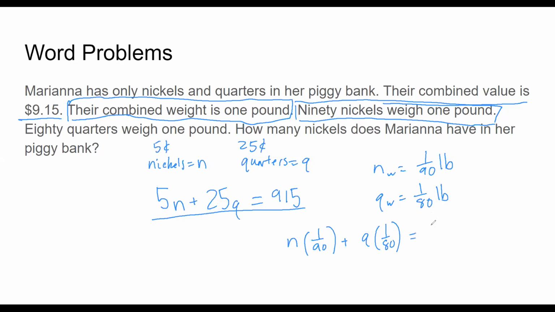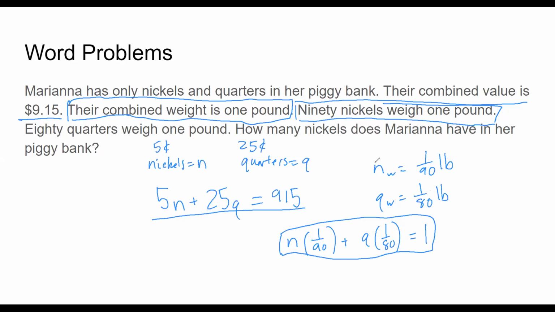Its combined weight would be 1 pound. Does everyone understand this? If you want me to review this, because this might be a difficult concept to grasp immediately. But we define the variables here, n and q, as the number of nickels and the number of quarters. And we have their weights here. So when it says their combined weight is 1 pound,